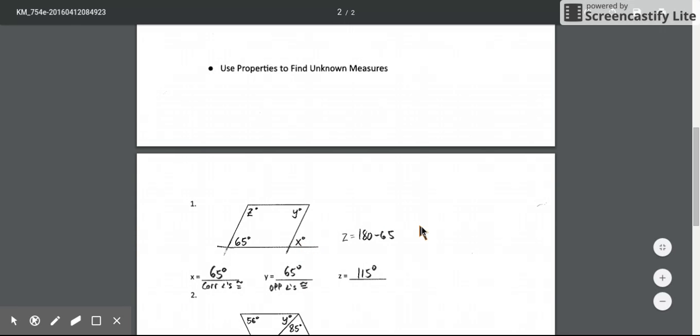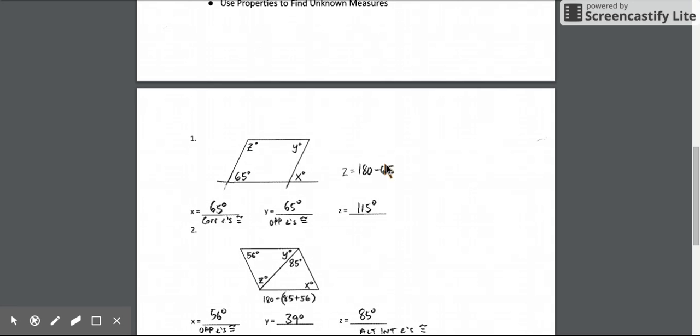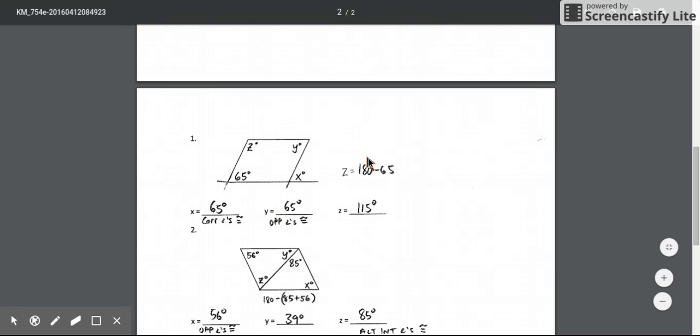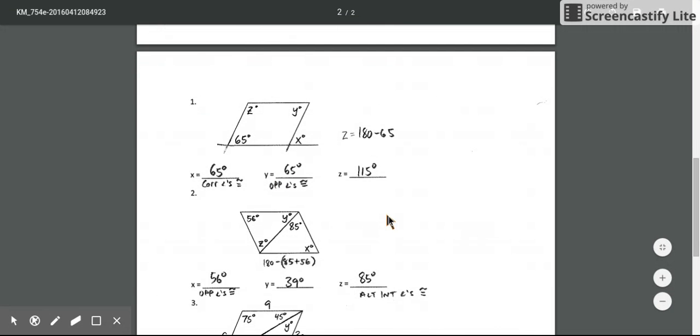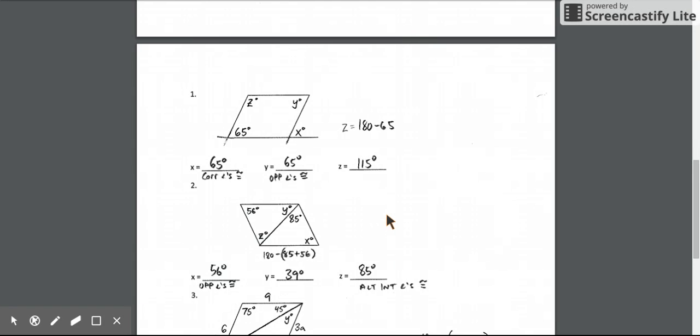So sometimes there's multiple ways to figure out these unknown measures. As long as you're showing your work mathematically or providing reasons based on those properties, then make sure you give me a reason for your answer. All right, in example number 2,